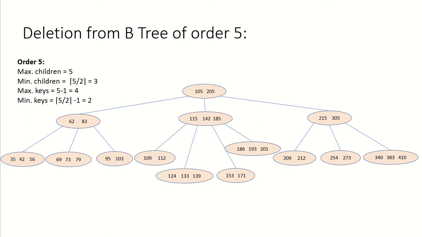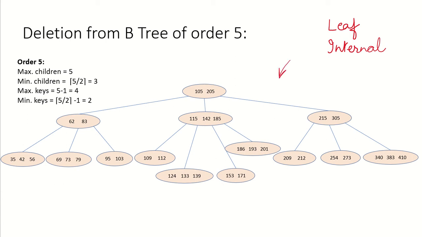In this video, we are going to consider a B-tree of order 5 and we will see how keys can be deleted from this tree without violating the properties of the B-tree. As I've explained in my previous video, the deletion of a key and its handling depends upon whether the key lies in a leaf node or whether it lies in an internal node. So we will take care of all these things and I will explain it through this example.